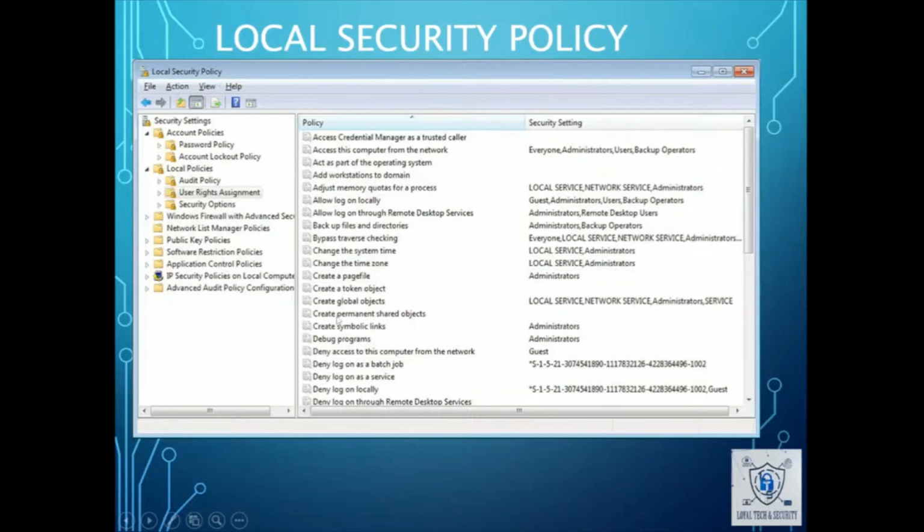It looks exactly like that. It will look the same to you, but it will say Domain Security Policy. And the domain security policy controls hundreds of thousands of computers under that domain. But the local security policy only controls your workstation, your laptop, desktop, whichever one you open it on, it will only control that. One more thing I want to clarify, if your system is part of a domain, then this local security policy is not going to open up. Okay, so in this case